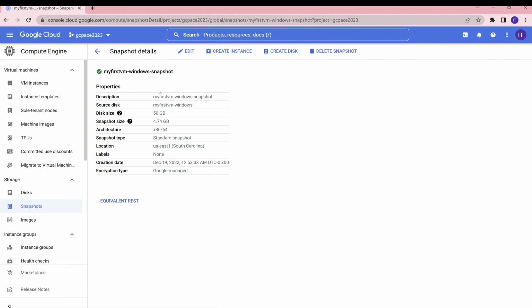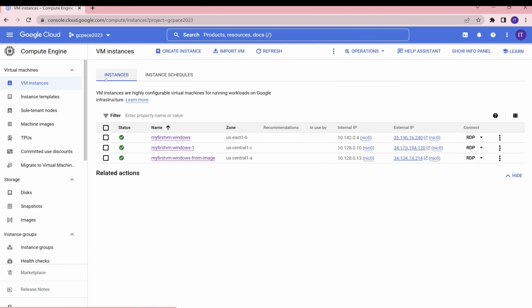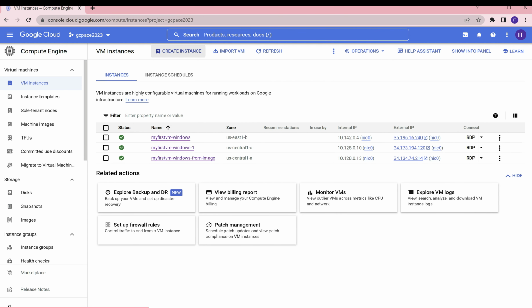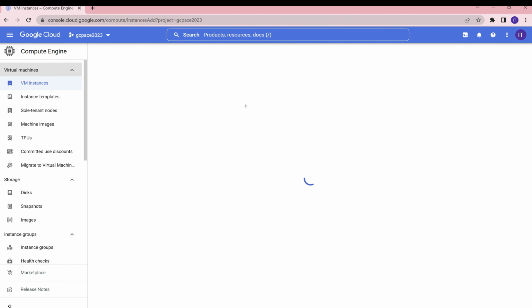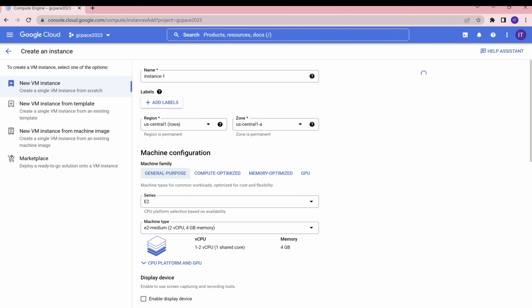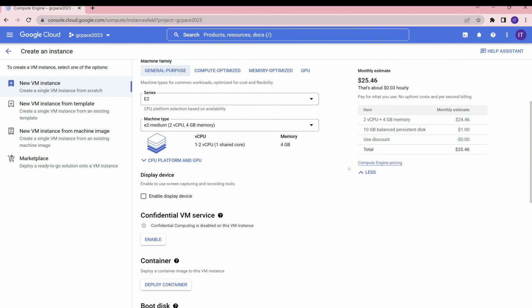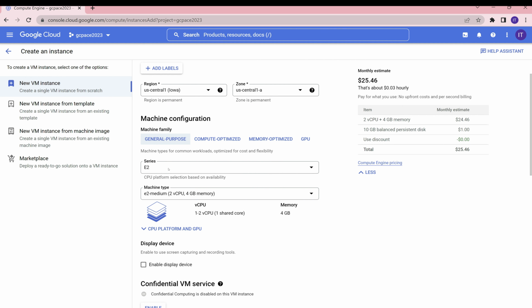And you can create instance from here. Okay, and you have all the detail here, and you can create instance from here, and you can create a disk. Okay, and you can delete the snapshot, and you can edit any attributes you want to change. So create instance from here is an option, and another option is go to virtual machine and just create instance. How you create the virtual machine, and everything you do, how to create an instance, like an instance name and all,